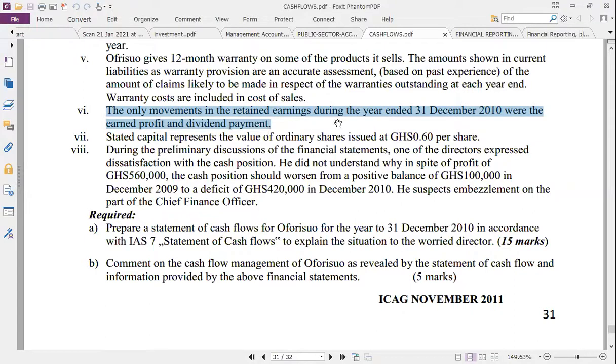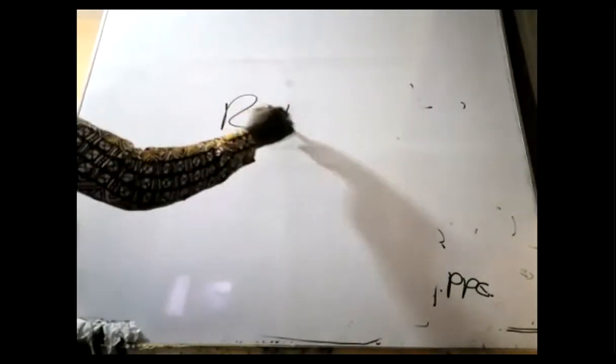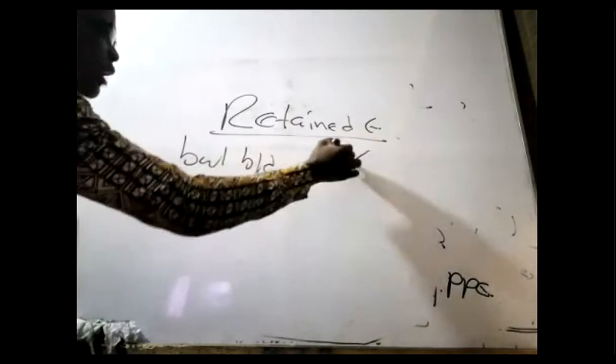How do you calculate dividend? If the dividend is given in the question, thank God and move on. If there's no dividend in the question, please, you need to perform this work to determine the dividend paid. Tell the examiner that in the retained earnings calculation, bring the retained earnings. Retained earnings is made up of what? Opening balance, that's the balance brought down. The opening balance, so much.